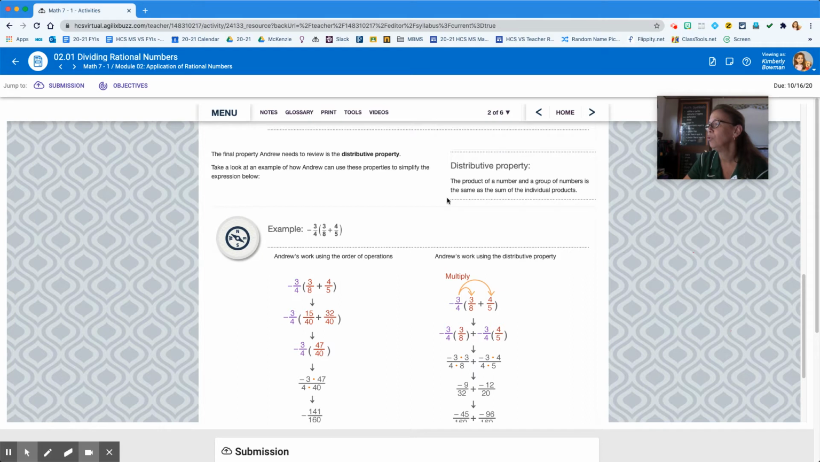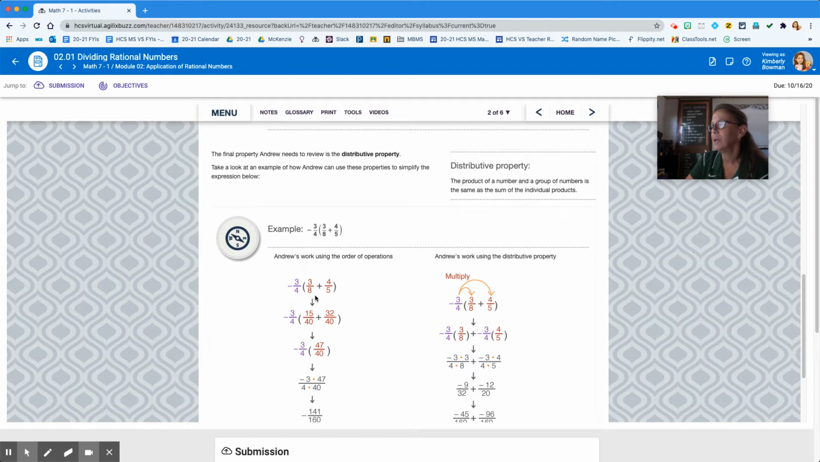I'm not going to use the marker anymore. Anyway, there's your distributive property definition. The product of a number and a group of numbers is the same as the sum of the individual products. So, for example, here's an example of how he could use these properties to simplify this expression. So he's got these two things in a group,